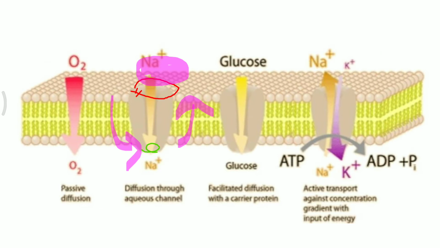Second type is about this glucose molecule. You can see facilitated diffusion is taking place with the help of carrier proteins. Now what is the meaning of facilitated diffusion? It means that the diffusion of substances is going to take place with the help of special proteins, and these special proteins are known as the carrier proteins. And the entire process will not take place with any expenditure of energy. There will be no use of energy, just the concentration gradient will be playing a role, but it will be done with the help of certain proteins.